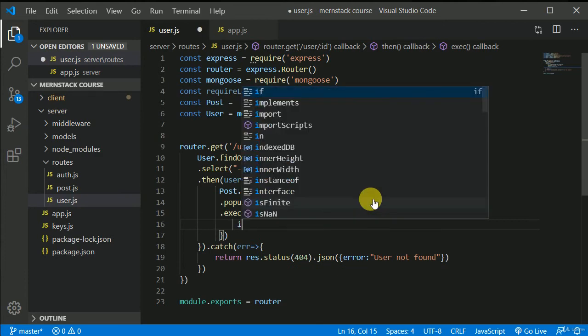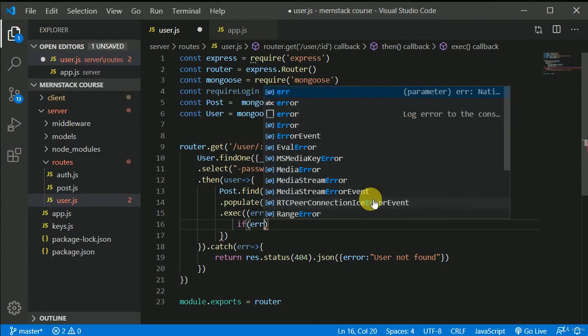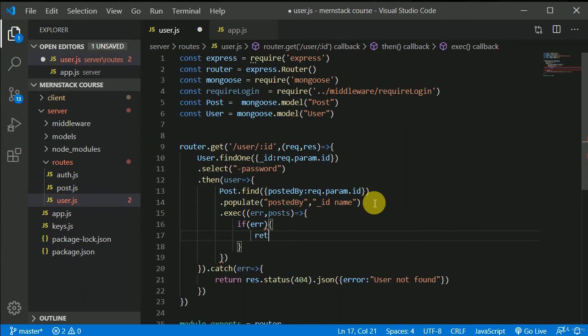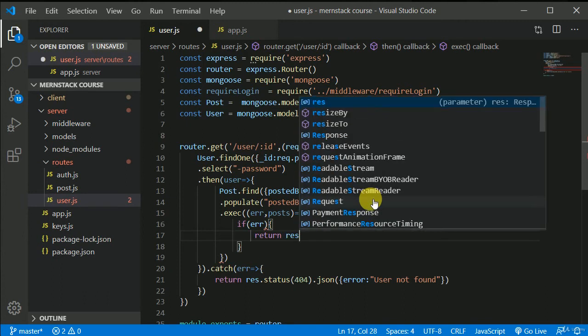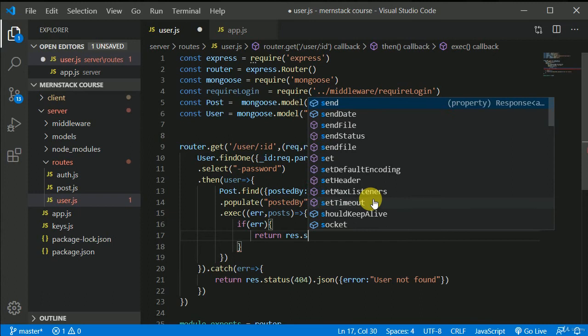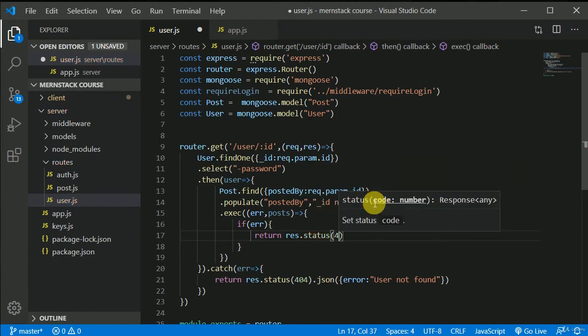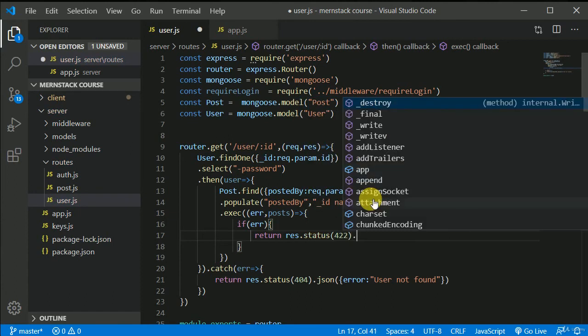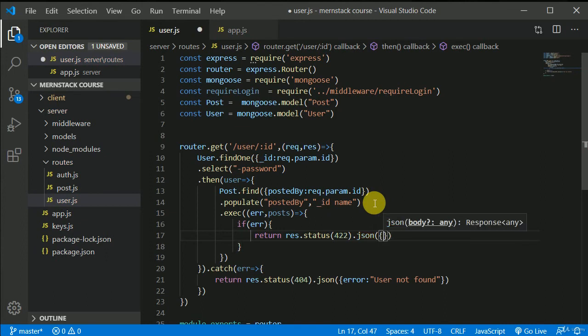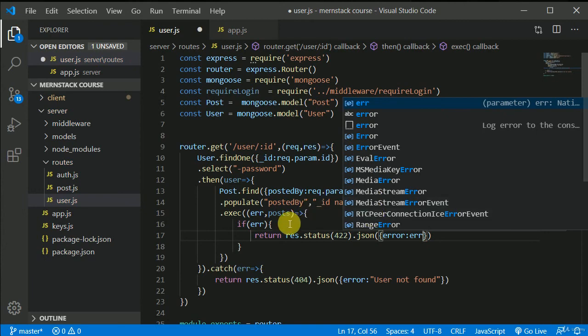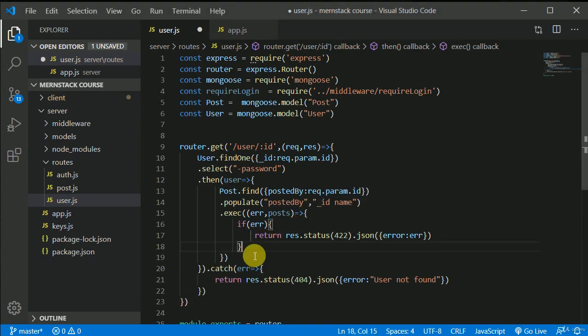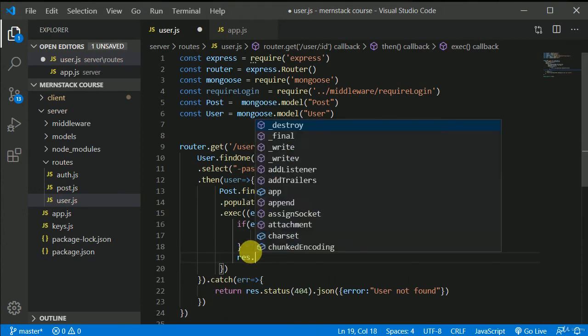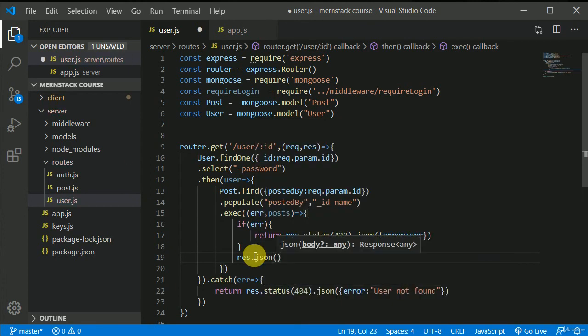And if there is an error, then we can return a response with status 422 and JSON with the error which we are getting. If we got the posts, then we will respond with JSON with the user. So we have the user available in here with the details of the user and the posts created by that user,